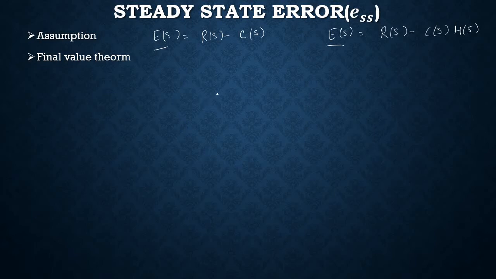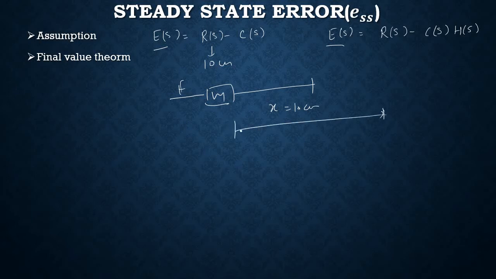We can say it like this. Suppose we take a mass M and we apply a force F such that it will travel a distance of X equal to 10 centimeter before coming to rest. So we can say 10 centimeter is the command given to the system. This is a step command. In the case of the step command, we fix the position of the system so that it must be up to 10 centimeter, and after 10 centimeter our object must stop. But when we apply the force, suppose our mass travels a distance of 20 centimeter.